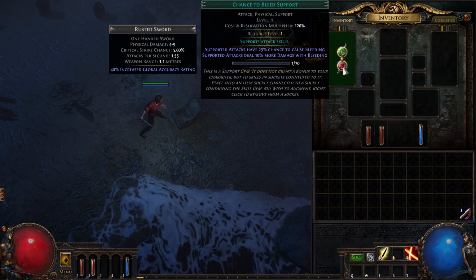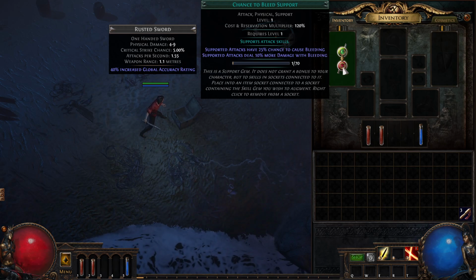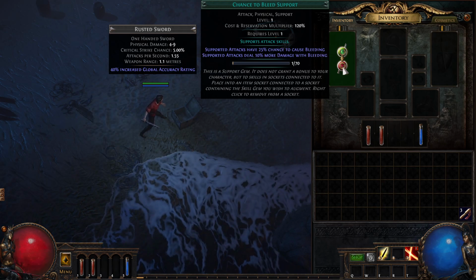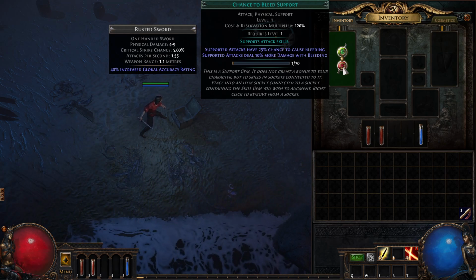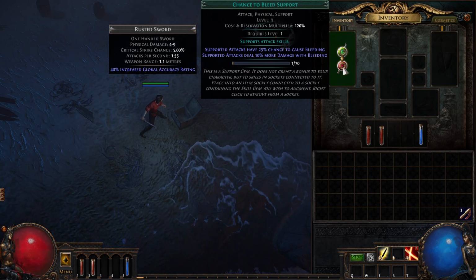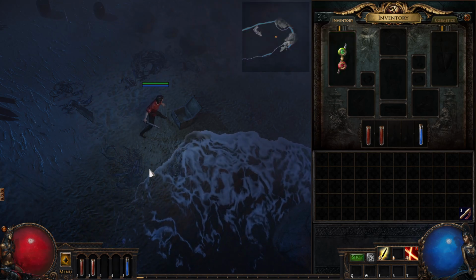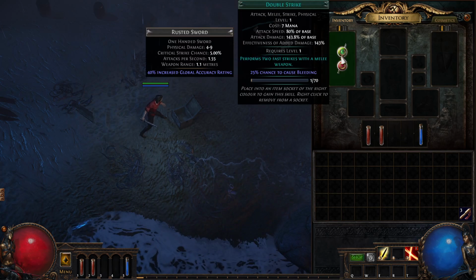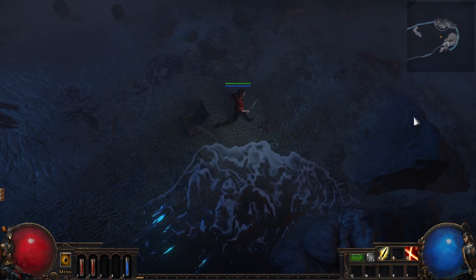If I put Added Fire Support gem here instead, then this will give me the fire tag instead of bleed, right? If I added an Added Cold gem, I will be adding the cold tag onto my character, and so on, right? So let's move on